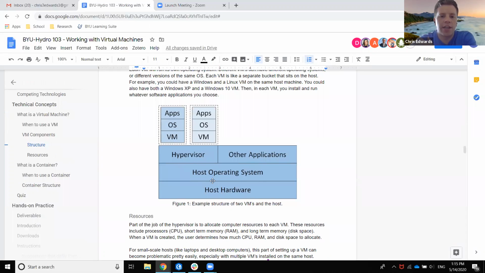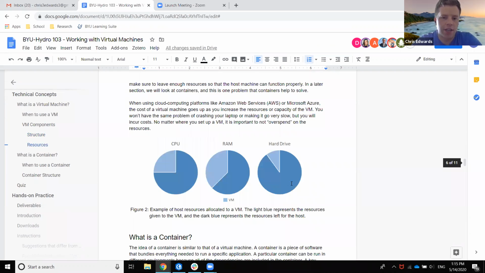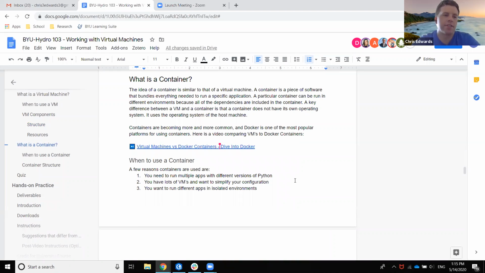Whereas with a container, this is all wrapped up into one thing, and it uses the host operating system to run your app. So it's much more efficient and a better way to go. You can think of a container as a custom application where you set up everything you want to work, all the applications you want, you install several different things on it, but then you can share that with somebody and they only have to install the one thing.